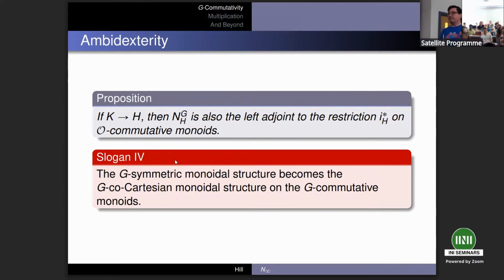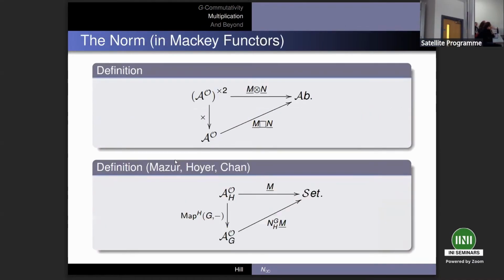Then I would be again saying that in G spectra, the restriction from G spectra to H spectra also has both adjoints. And the hallmark, exactly as Mike pointed out, is that both of those adjoints actually agree. This is a restatement of the Wirthmüller isomorphism. I had a map from the left to the right because I'm pointed, and that map is always an equivalence in these, or in algebra, it's always an isomorphism, once I'm in the G commutative monoids. Okay. So I want to now switch to the multiplicative version and rebuild that,